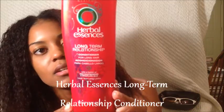I've got so many different products. You know, when I first started transitioning, I was like, oh, I'm going to buy everything. So not the greatest idea, but I'm really just trying to use some stuff up. And I'll probably put a bag on my head and then my beanie just to trap in some heat. Do that for about half an hour, and then I will wash first with a clarifying shampoo,